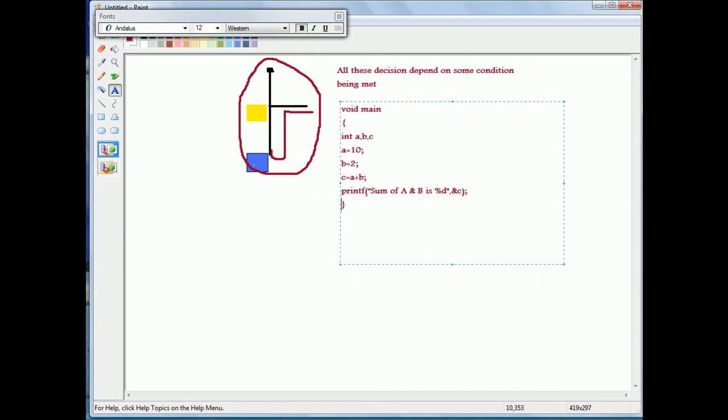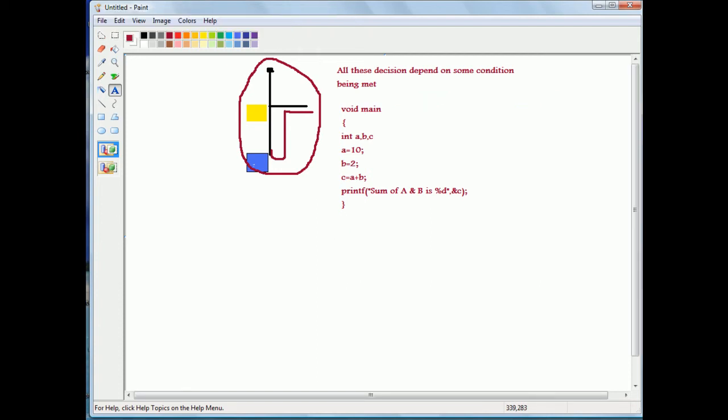Means by default, the instructions in a program are executed in sequence, right? But in actual programming, in a serious programming situation, we do not use this type of sequential programming at all, right? It may happen that at some place control goes in a sequence way, but